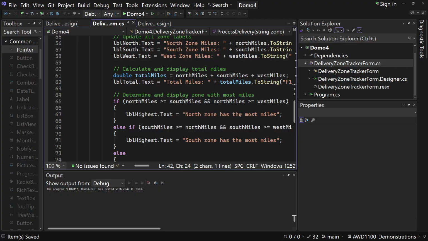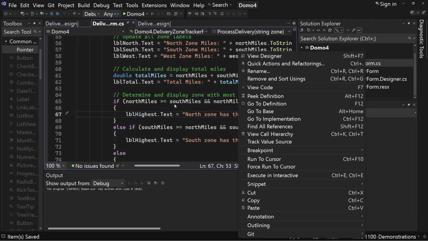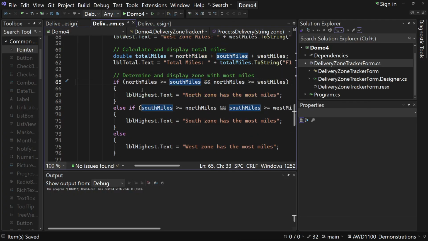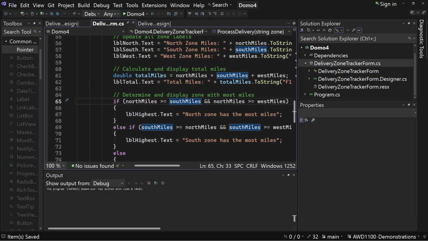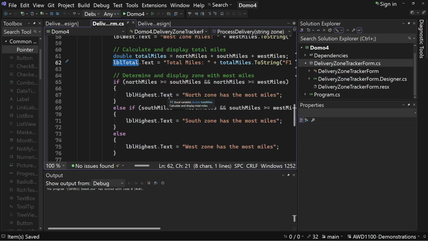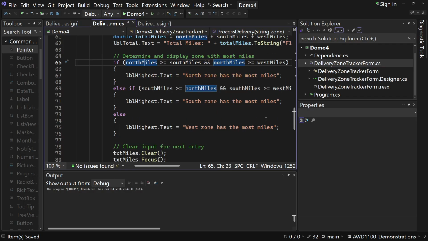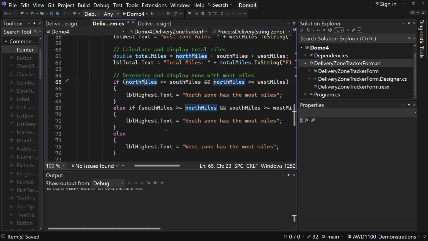So once again, kind of the same thing here: calculating total miles, setting it on our total text. And then once again, we have to check to see which one had the most, right? Same thing as what we did in the console app. And then once again, it's always best to